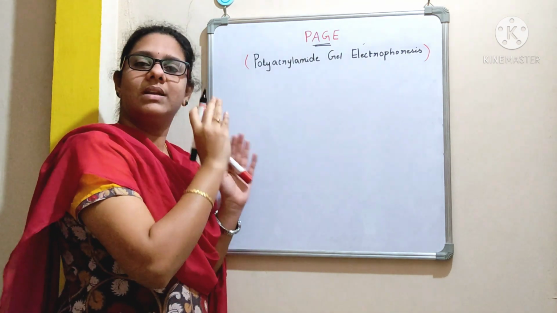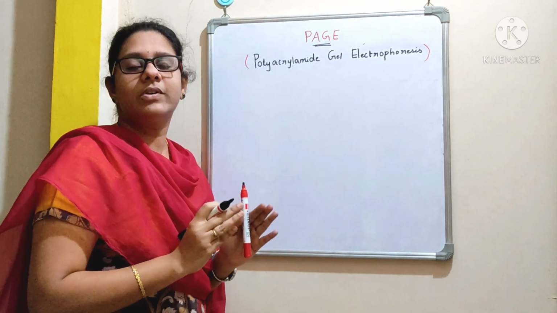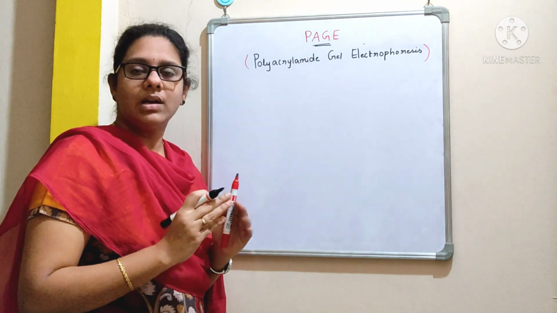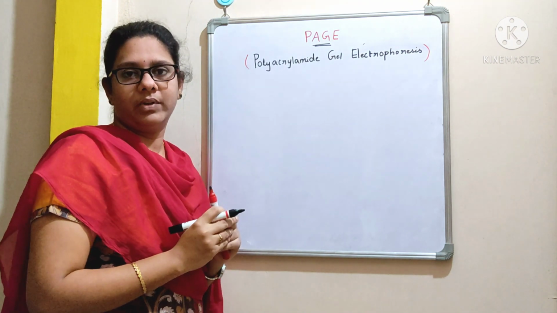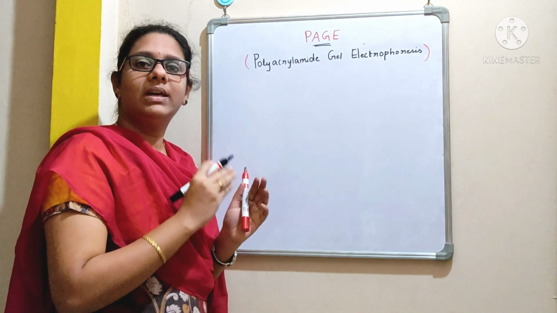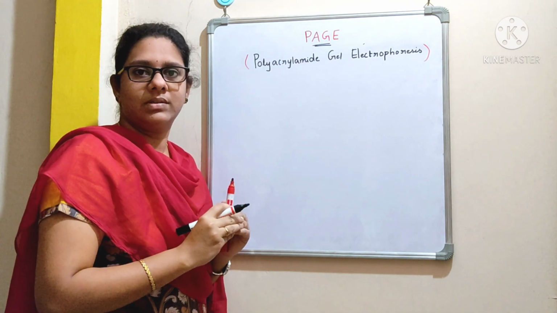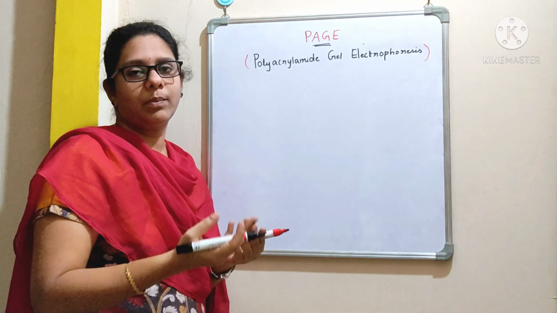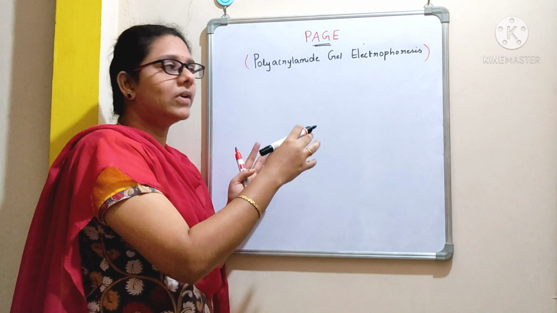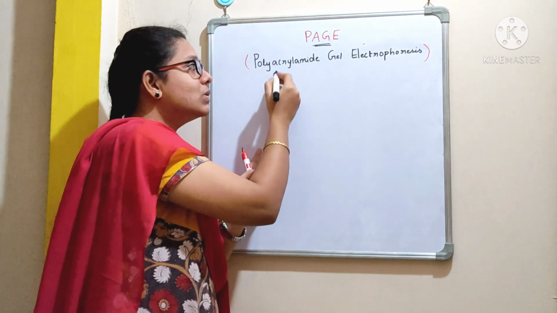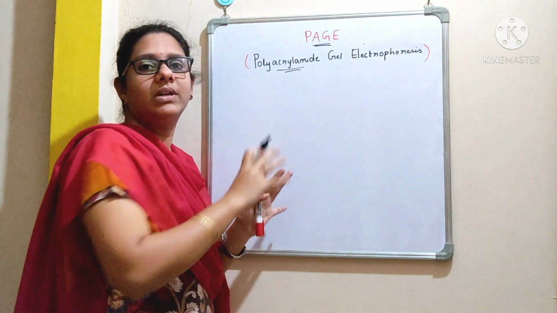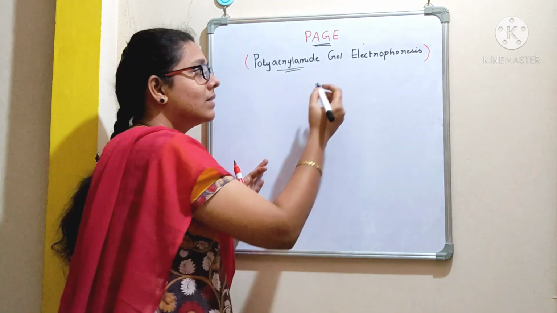As I told you, this technique of electrophoresis is used for the separation of molecules based on the size and charge under the influence of the applied electric field. Generally, we prefer the separation of nucleic acids by agarose gel electrophoresis. I told you we can use any of the supporting materials like agarose and polyacrylamide. Here in PAGE, we use polyacrylamide gels, and most commonly we use this technique for the separation of proteins, right?